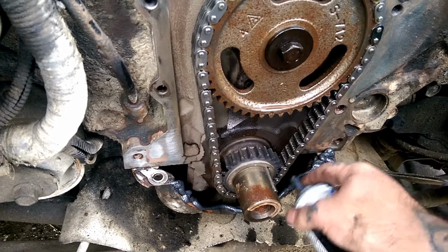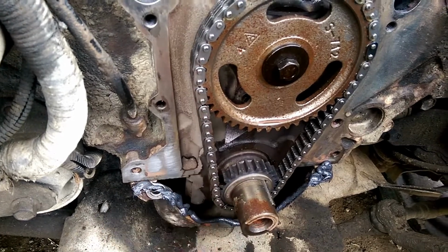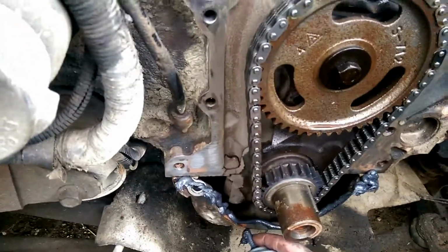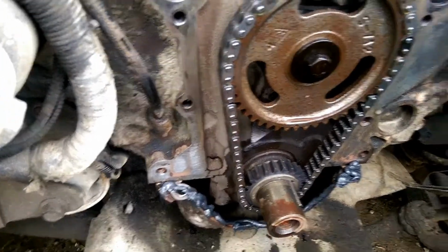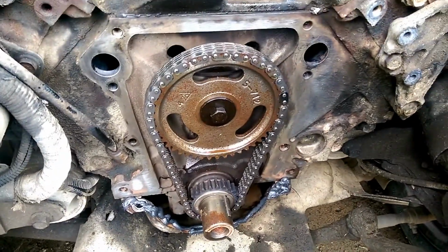Because this is where your gasket broke. And if you don't want to pull your oil pan, this is the best way to fix it. I've used this trick in many small block Chevy engines and haven't had a problem with it. Now if we can find the piece that broke,